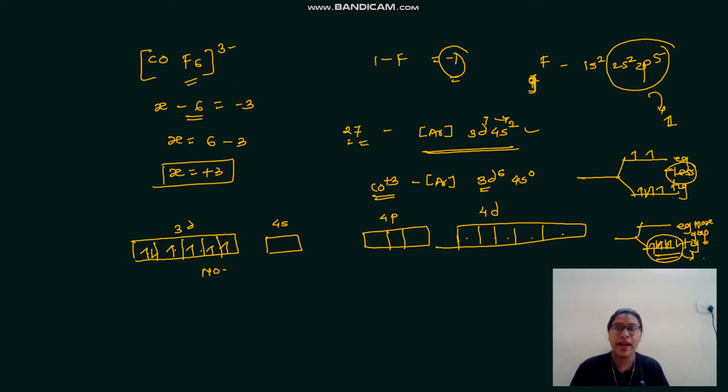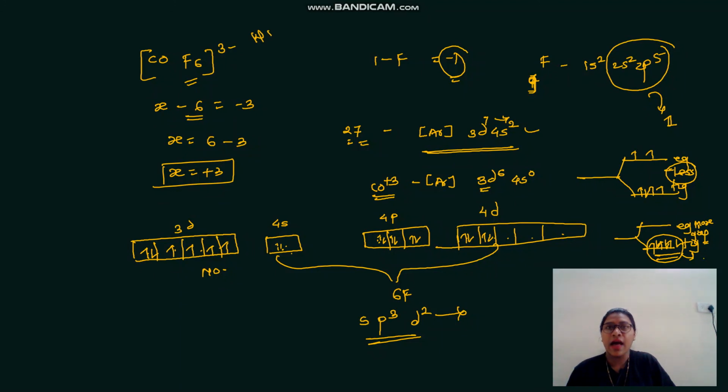Because halogen is the donor atom, therefore the ligand is weak field. Here how many fluorines? 6. Therefore 6 orbitals are used: these 3, these 1, these 2. Therefore 6 fluorines donate 2 electrons each to the empty orbitals. How many orbitals are used? One s orbital, 3 p orbitals and 2 d orbitals are used. Here outer d orbitals are used, therefore the complex is outer sphere. Weak field ligand, high spin complex, outer orbitals are used.